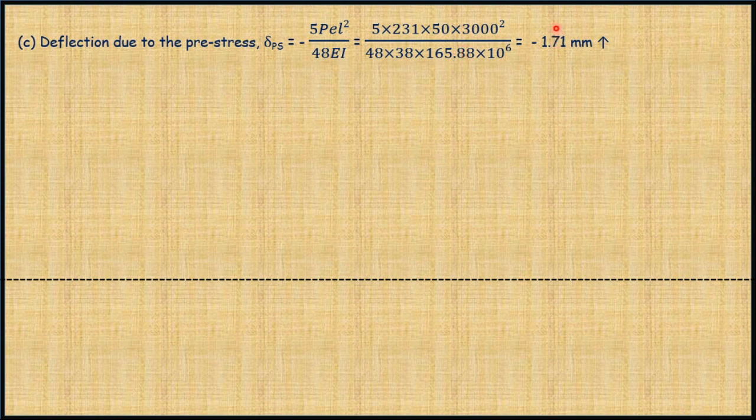So this comes out to be minus 1.71. Minus 1.71 means it is acting in the upward direction. Hogging means is to say is like that, the part